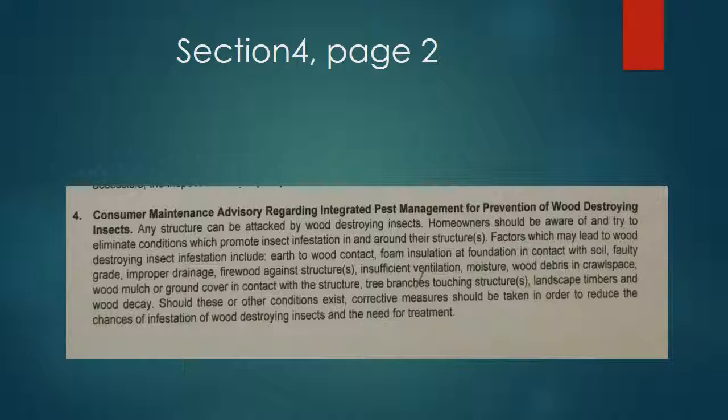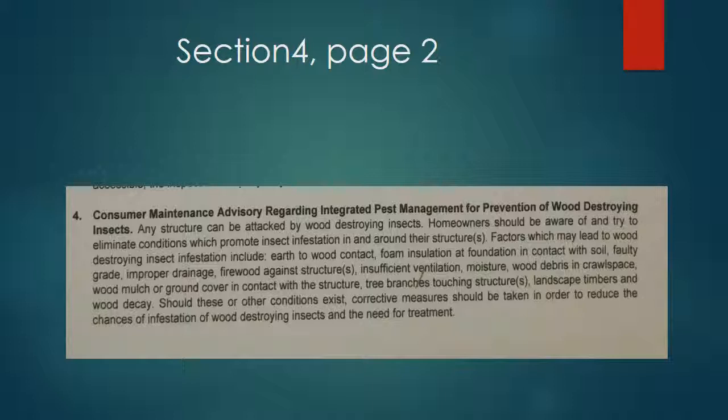This area of the letter, to me, screams sales. This is the area where I can find problems that make a home conducive to the termites themselves. And I can come back later as I wrote those problems up, and I can even tell the customer, hey, these are the things that are conducive conditions. These are the things that need to be fixed, which maybe my company would charge a fee and fix some of these things. Or we need to do some preventative type of treatment for termites or other wood-destroying insects because